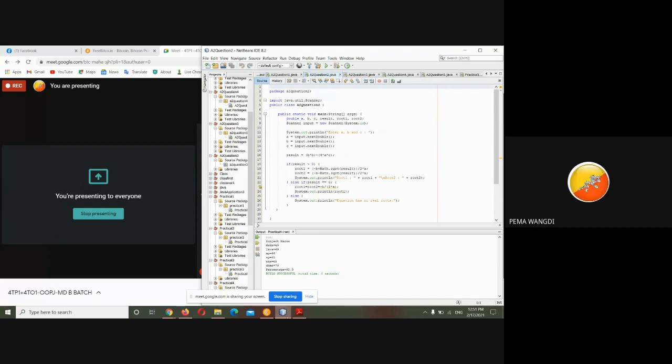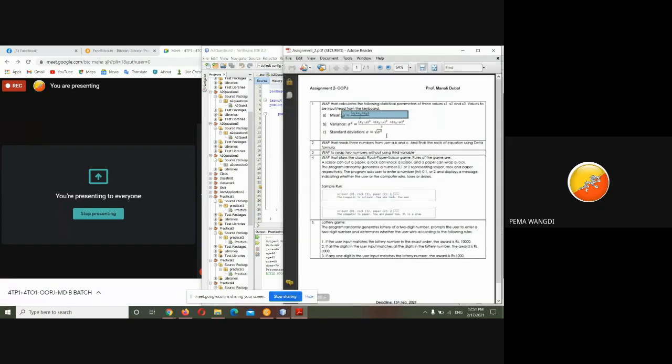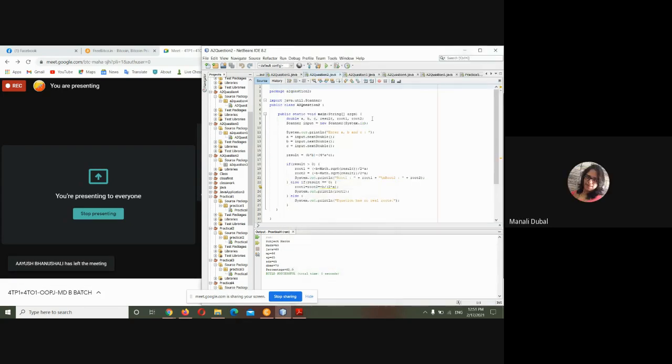With regards to question number 2, the roots of the equation. How can I use the delta formula, ma'am? I don't know how to use it. I just used the code for roots. That is delta. See what you have written here: b square minus 4ac. That is delta only. But is it correct then, ma'am? Yes, it is correct. The way to find roots is this only. It is right.